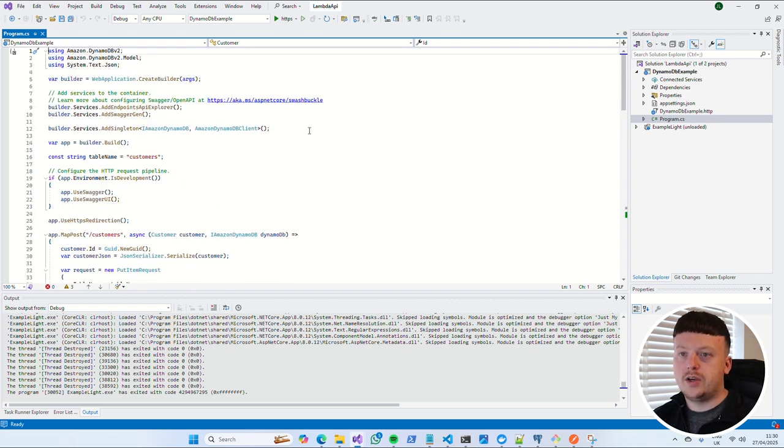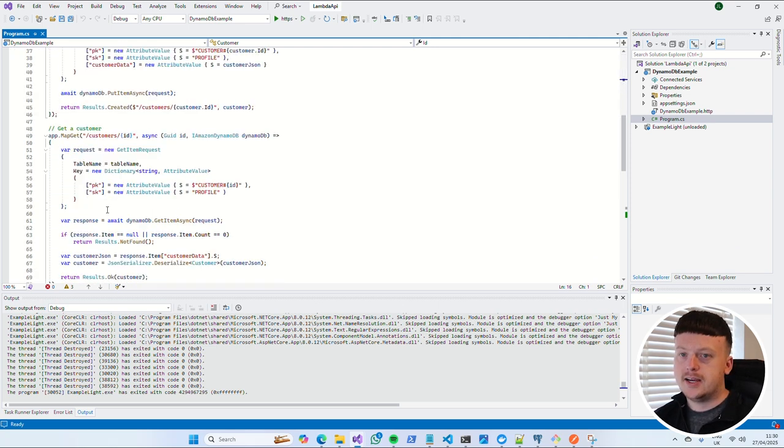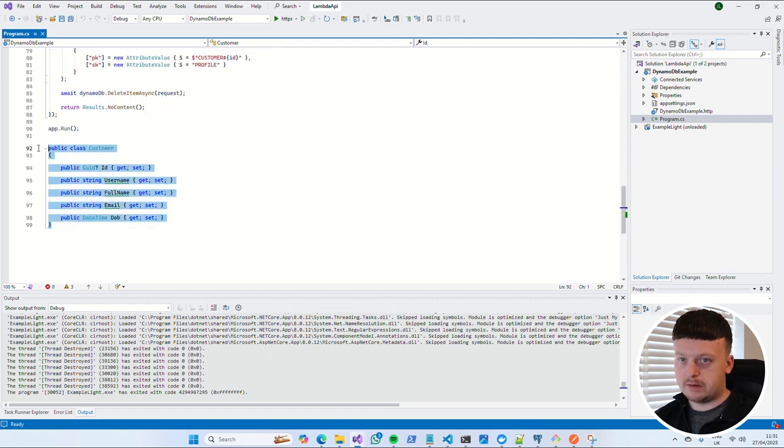What we're doing is we register a new singleton. We declare a table name, which is in DynamoDB called customers. And then we have a few endpoints. So we have a create, a get, and a delete. And then we just have a model of what our customer looks like. So if we just go ahead and run this,